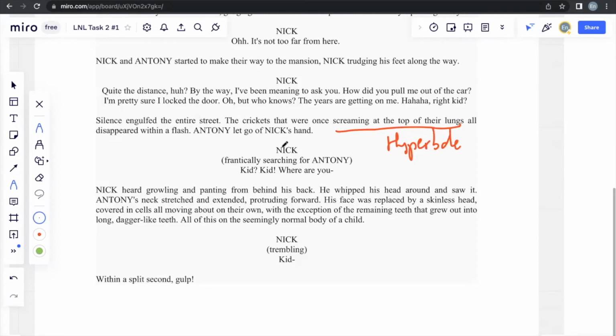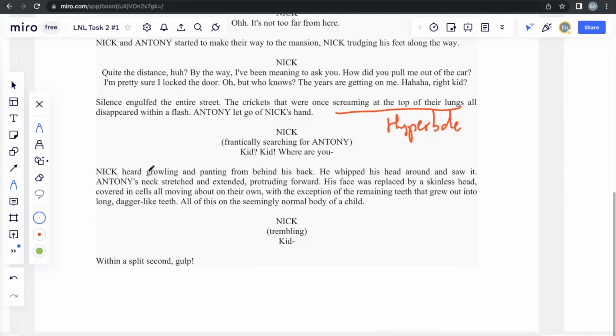Anthony let go of Nick's hand. Nick's frantically searching for Anthony. And all of a sudden, Nick heard growling and panting from behind his back. He whipped his head around and saw it. Anthony's neck stretched and extended, protruding forward. His face was replaced by a skinless head, covered in cells all moving